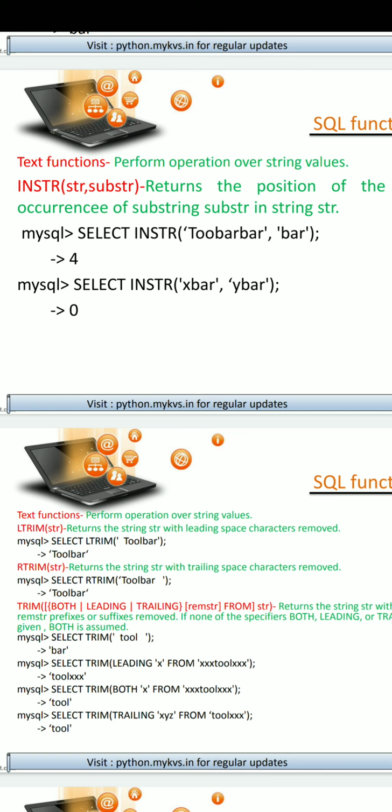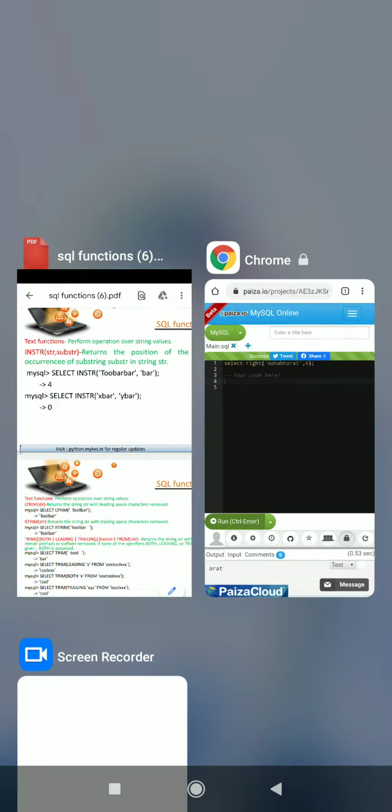So the first occurrence of BAR is at 4th location. Okay, if the substring exists, it returns 4. If it does not exist, it returns 0. So in the first example it is 4, otherwise it's 0.